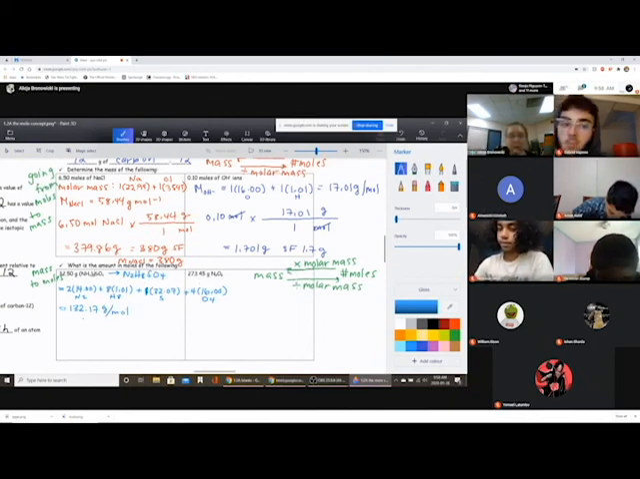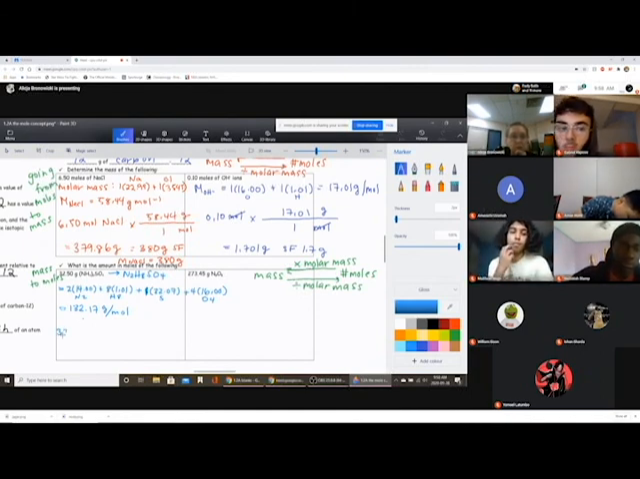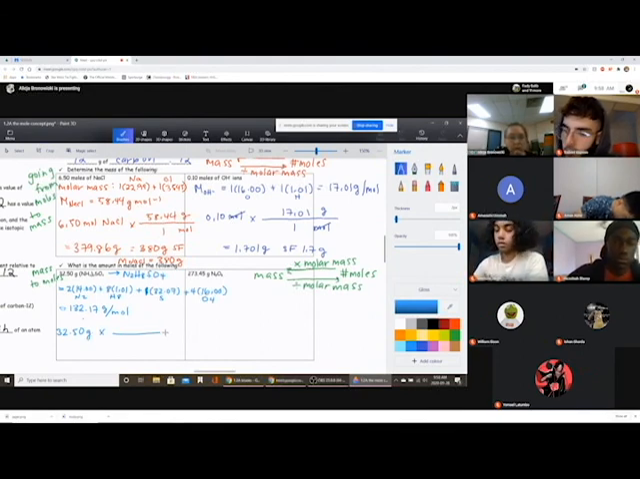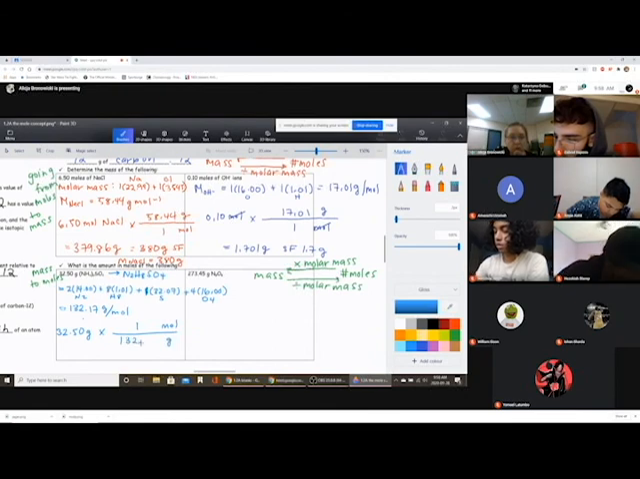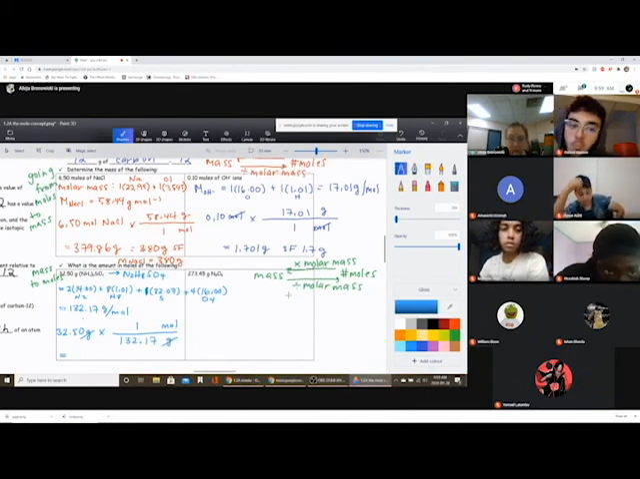So I'm going to set this up factor label. You can use the mole bridge though if you want. I have my starting quantity, 32.50 grams, times. I want to get rid of grams, I want to finish with moles. So 1 mole is 132.17 grams. My grams cancel, and I'm dividing by molar mass. So it matches what the mole bridge tells me to do. If I'm going from mass to moles, I divide by molar mass, and my answer is